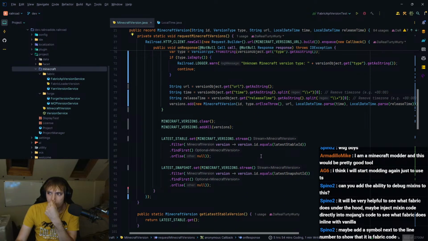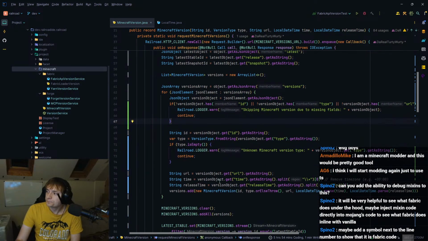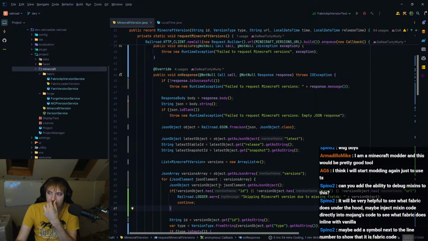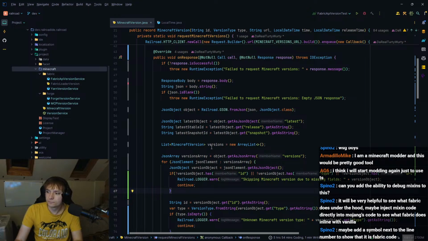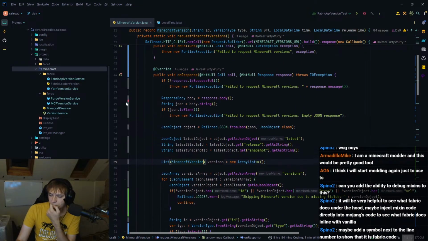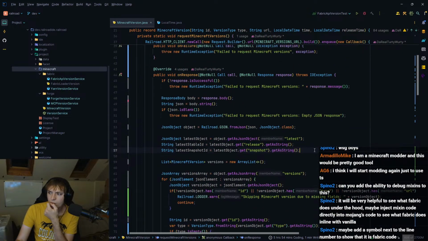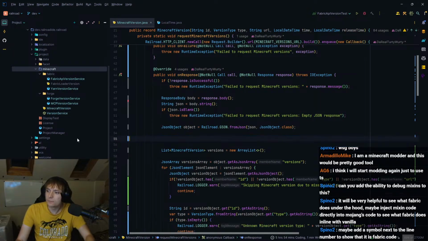I mean, Minecraft shouldn't break something like that because it would break the launcher and stuff, so obviously that's not going to happen, but you never know. I would really love if I could just deserialize a list of Minecraft versions, but that's not possible, so this is fine, isn't it? Yeah. I mean, this doesn't need to happen there.